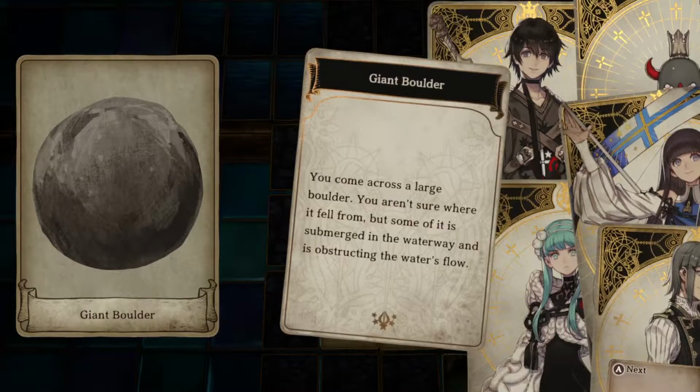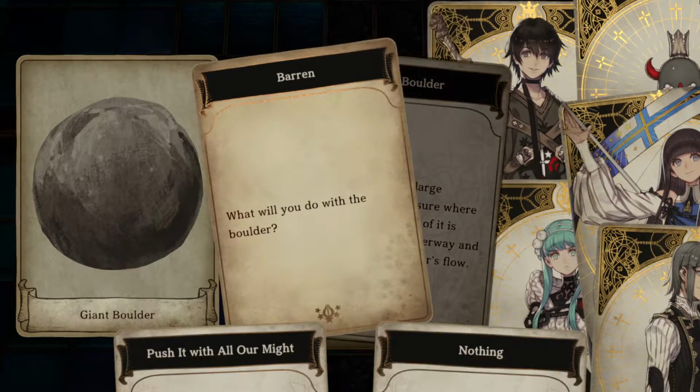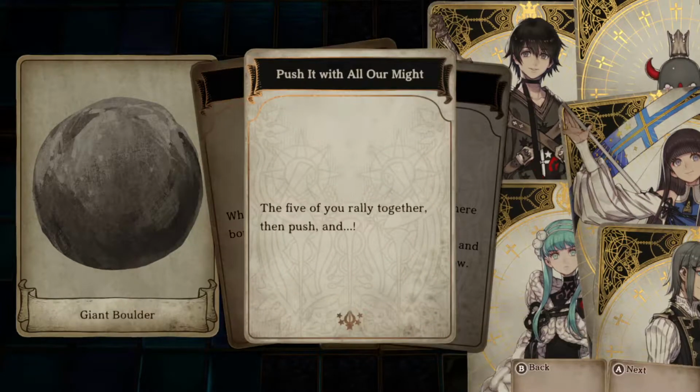You come across a large boulder. You aren't sure where it fell from, but some of it is submerged in the waterway and is obstructing the water's flow. Is this how we get the water to flow somewhere else so we can get past that water that was too high in the other area that had a chest? What do you do with the boulder? Push it with all our might. The 5 of you rally together, then push, and...